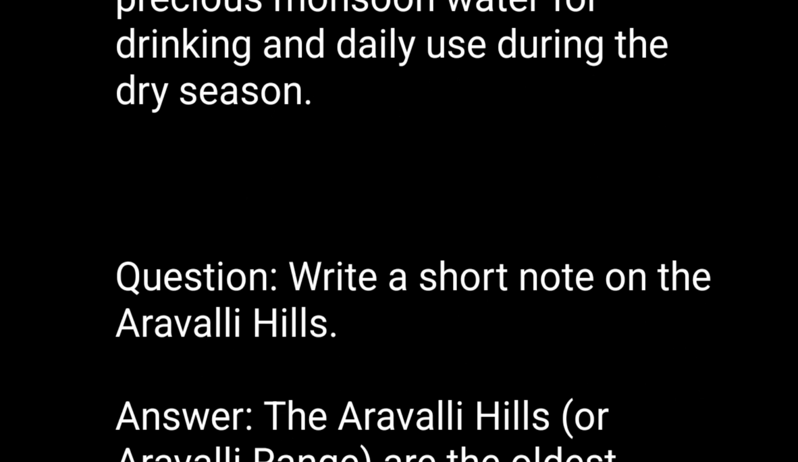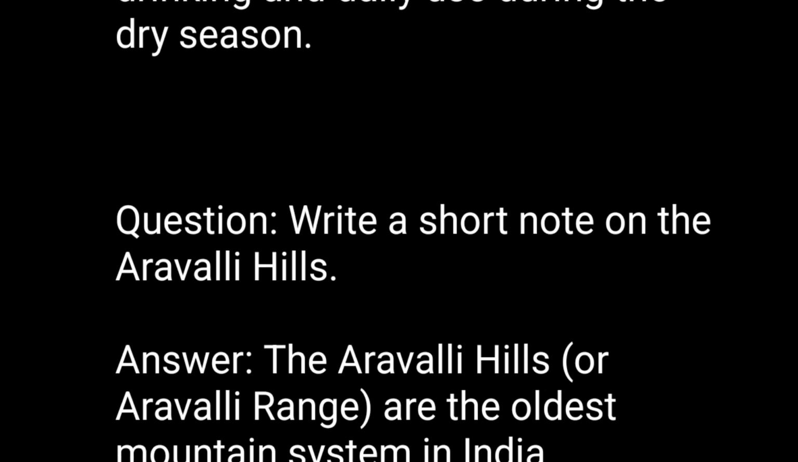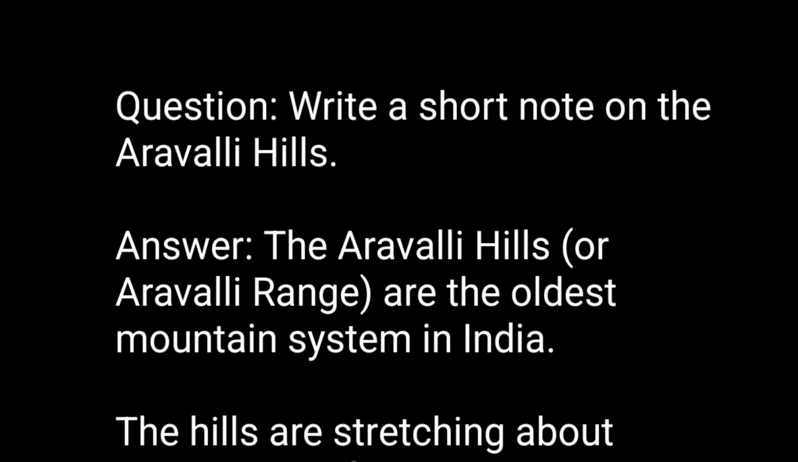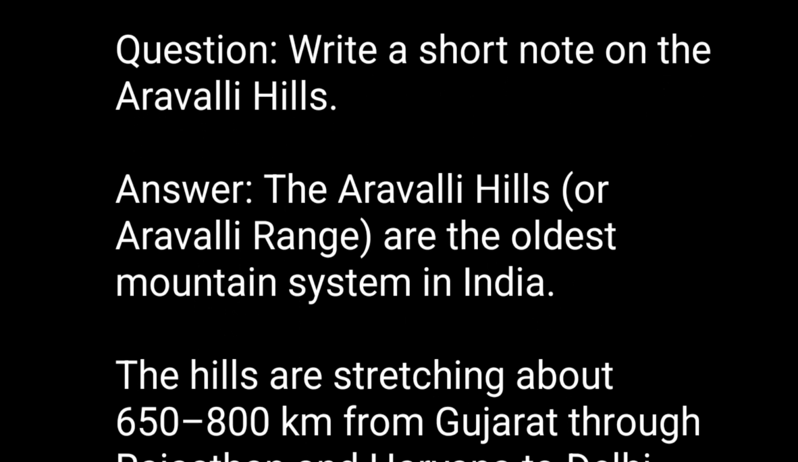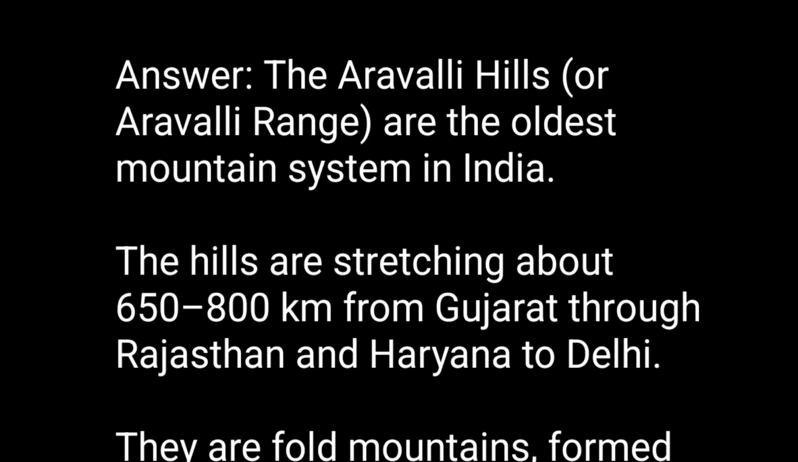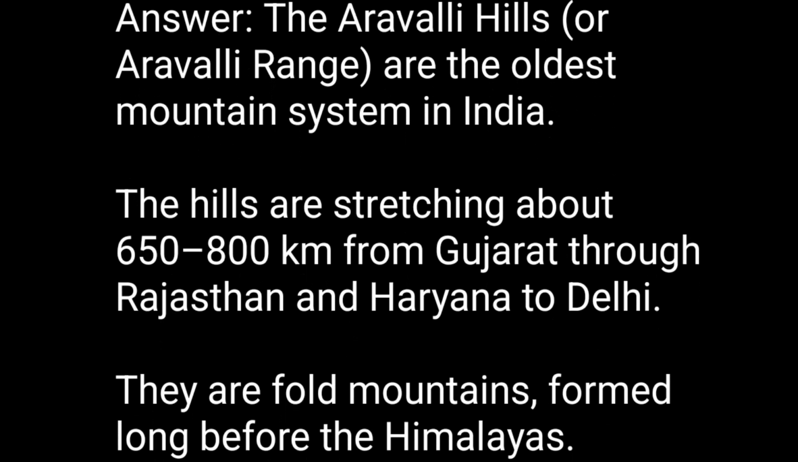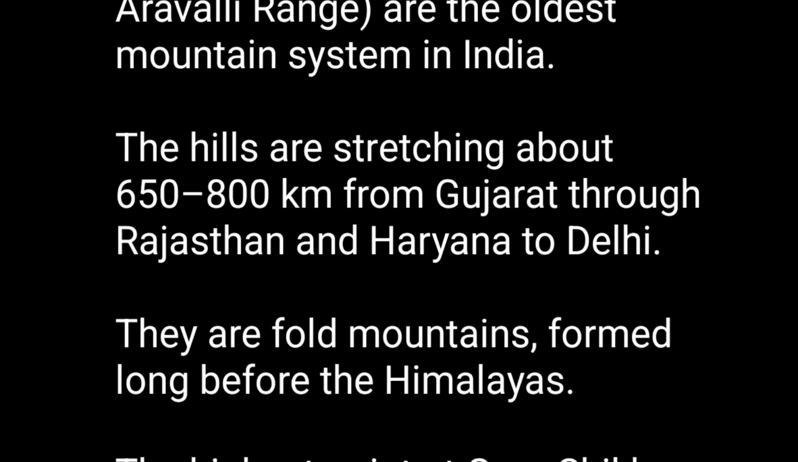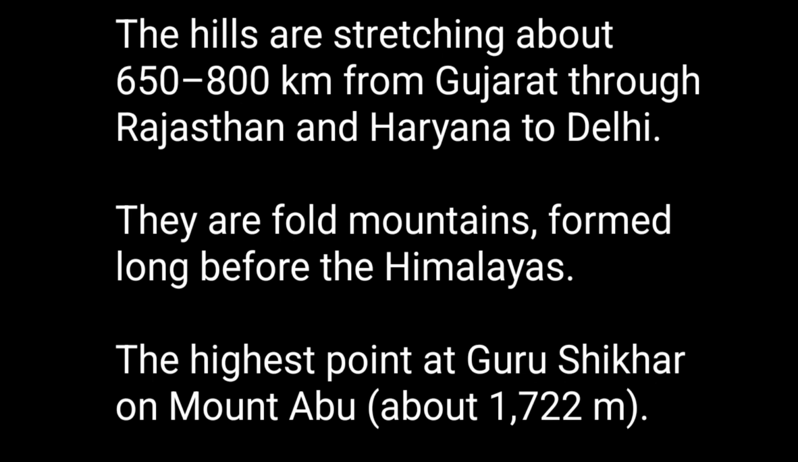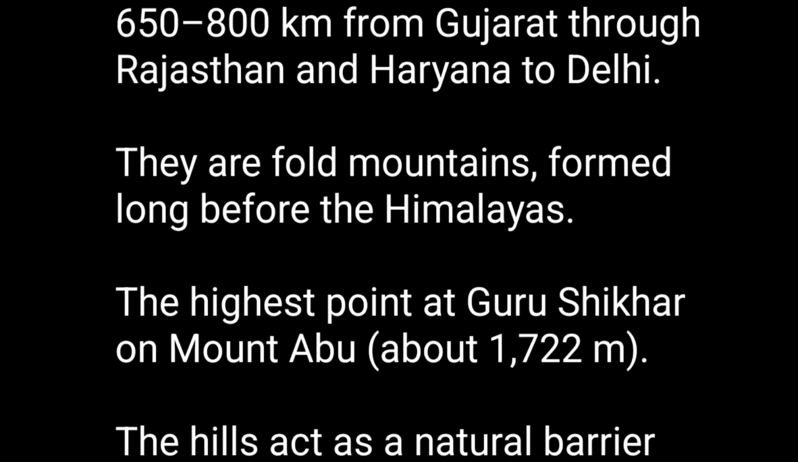Question. Write a short note on the Aravalli Hills. Answer. The Aravalli Hills, or Aravalli Range, are the oldest mountain system in India. The hills stretch about 650 to 800 km from Gujarat through Rajasthan and Haryana to Delhi. They are fold mountains, formed long before the Himalayas. The highest point is Guru Shikhar on Mount Abu, about